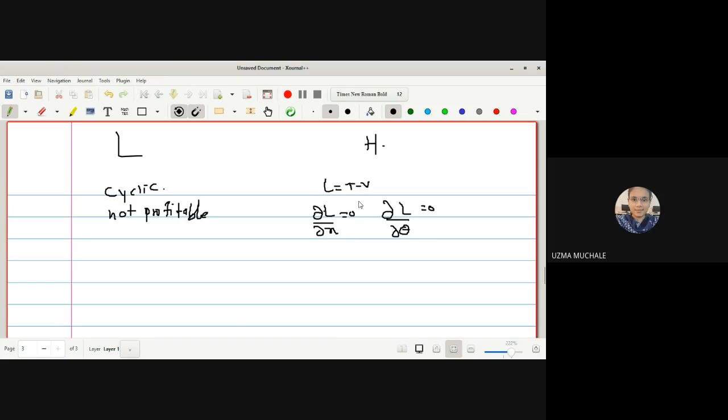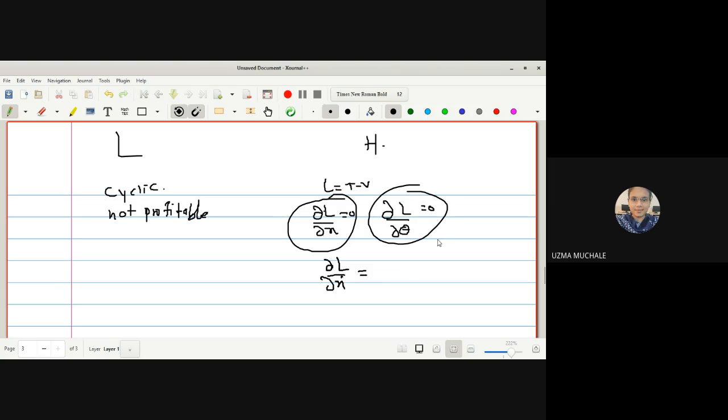Yes, ma'am. Many examples of the first chapter we have found. Now, first we find kinetic energy, then we find potential energy, then we find L is equal to T minus V, then we go for the Lagrange's equations of motion. As many generalized coordinates as you have, that many Lagrange's equations of motion you will have. Okay. So sometimes you see that dou L by dou x or dou L by dou theta is equal to zero, but there exists dou L by dou x dot.